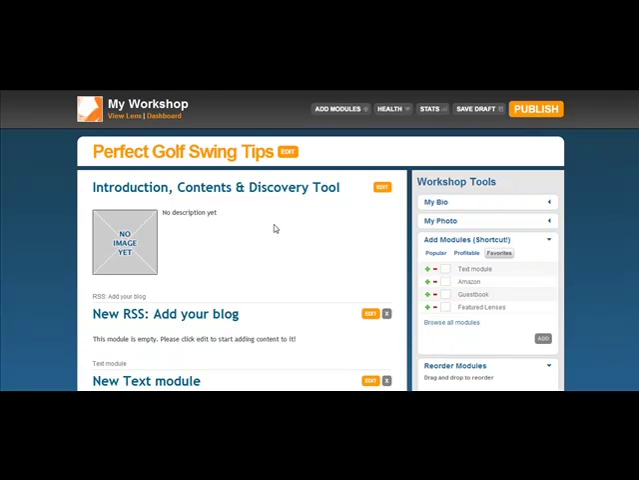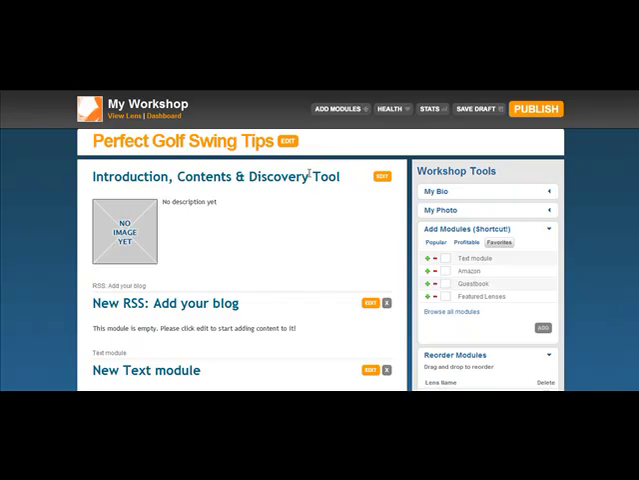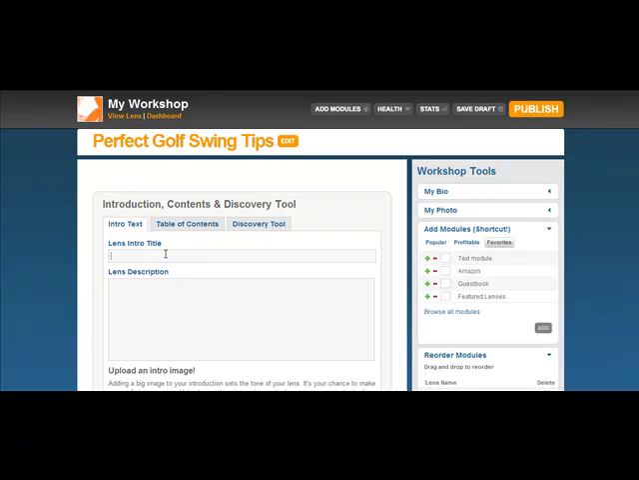Alright, and so the next thing is you want to go about setting up your squidoo lens. So you're going to go to a page that looks very similar to this. You're going to go right up here to where it says introduction, and right in here put in your lens intro title. So it'd be your keyword phrase again, perfect golf swing tips,